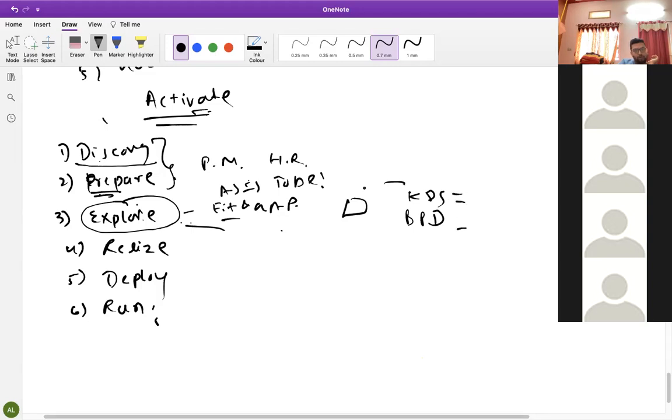Those people, what they will do, from this explore phase, from the second month onward, they start practicing here only. Core users, this is what we will do, the trial and error method. They will say, this is what I want, this is the configuration I want, this I don't want. They will ask like these things.